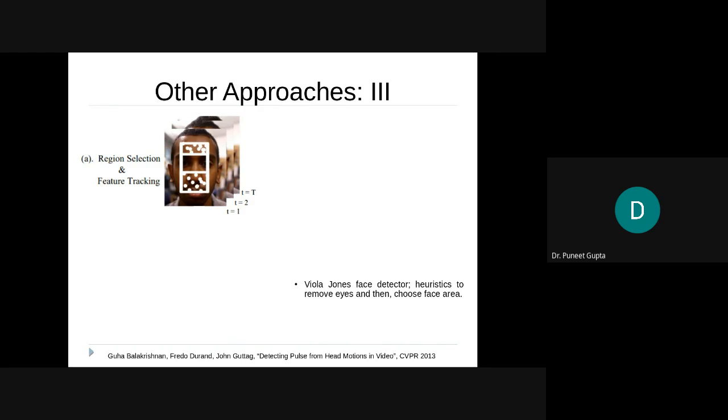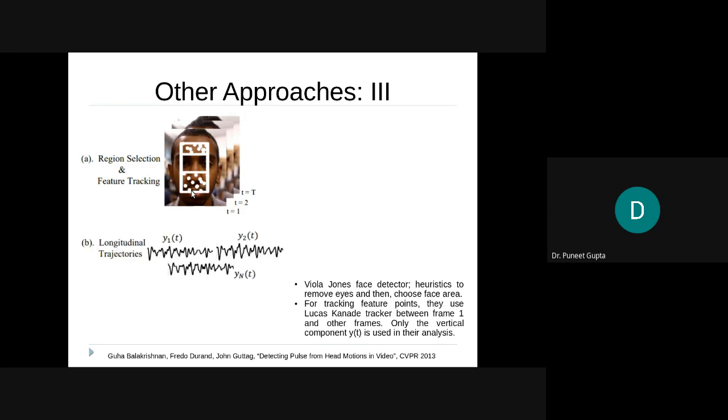Different direction does not mean that the general framework won't be applied. Everything would be the same, but it just shows how you should extract the temporal signals in the Lagrangian case. Here, once again, the authors apply the Viola-Jones face detector, find the face region, then apply some constraints to remove the facial boundaries. They also remove eye regions and only consider these regions. In that, they apply the Lucas-Kanade tracker to find the discriminatory feature points and then track how these points move across frames.